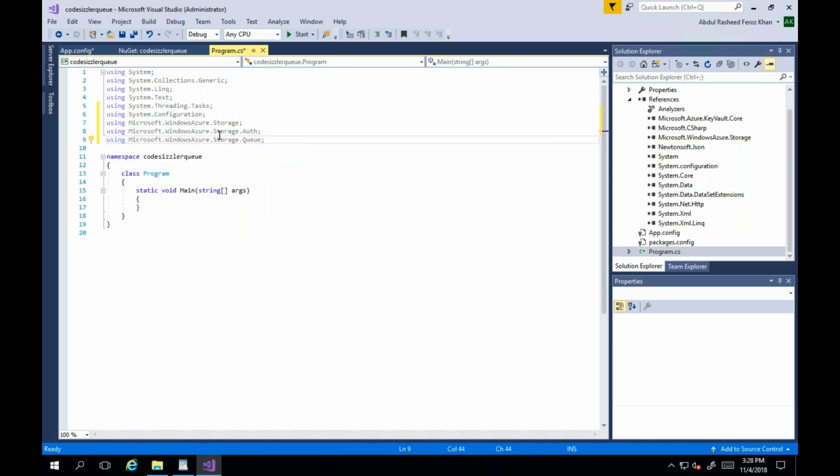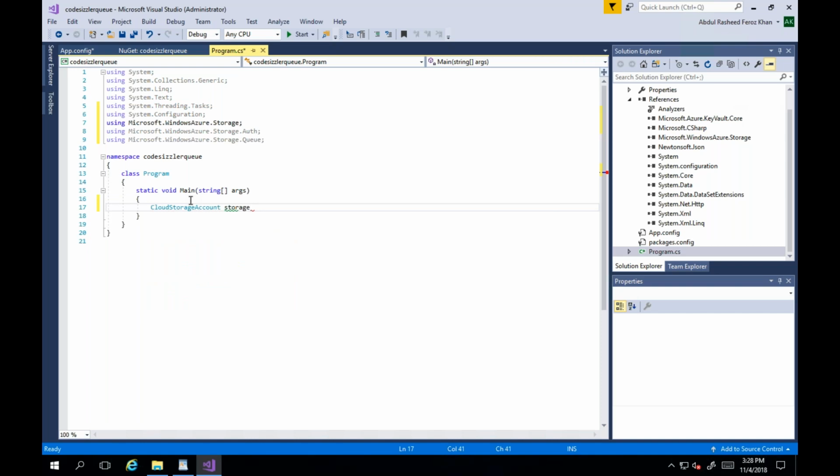Okay, so let's give these things. And here I'm going to add the content to retrieve the connection. So what I need to do here as the first step is represent the connection strings, right? So I'll go here and I need the cloud storage account,